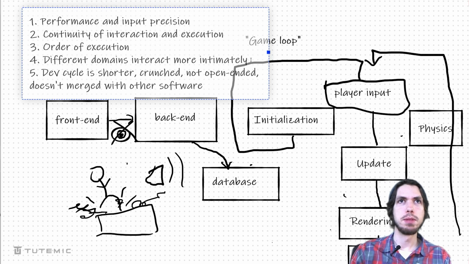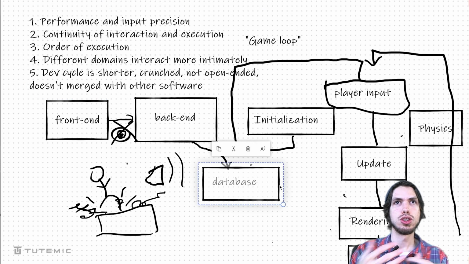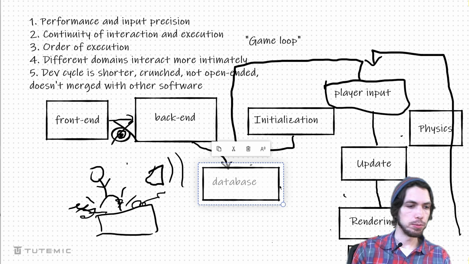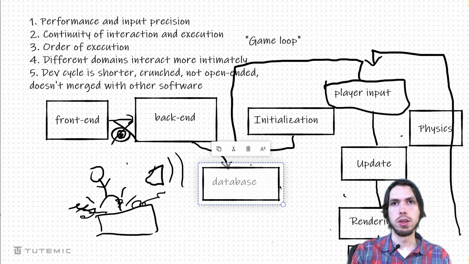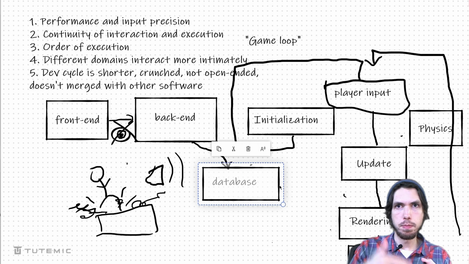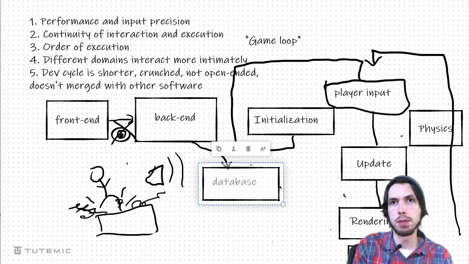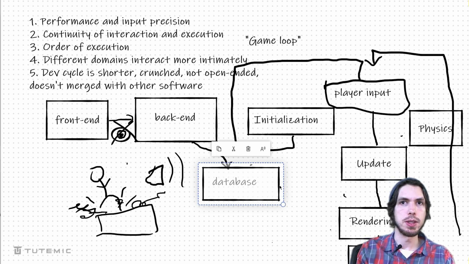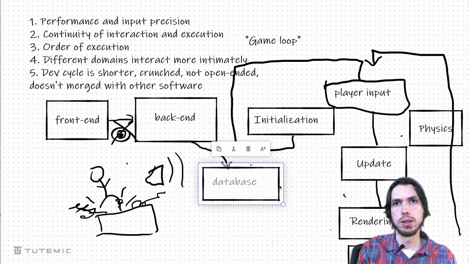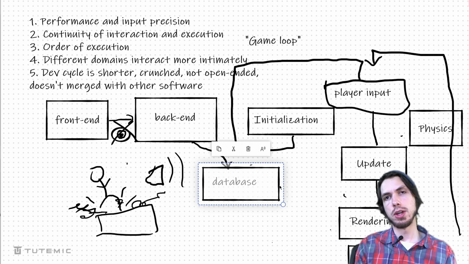So to explain what I mean by this, the dev cycle is shorter. That means that when you're planning a game, you know that there's a point where you finish the game. And so a lot of these programmers just aren't needed on that particular project anymore because the game is done, right? You've made the game, you've shipped it to its marketplace, and now you're just maintaining the game and fixing bugs and that kind of stuff. That isn't to say that all games are like that, but by and large, that's generally how games work.